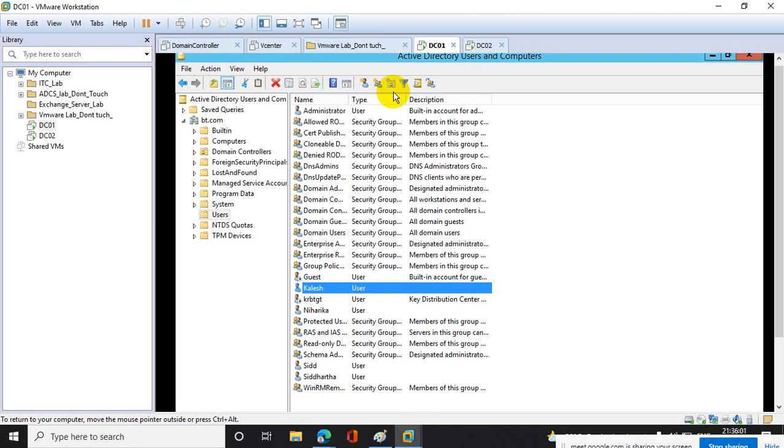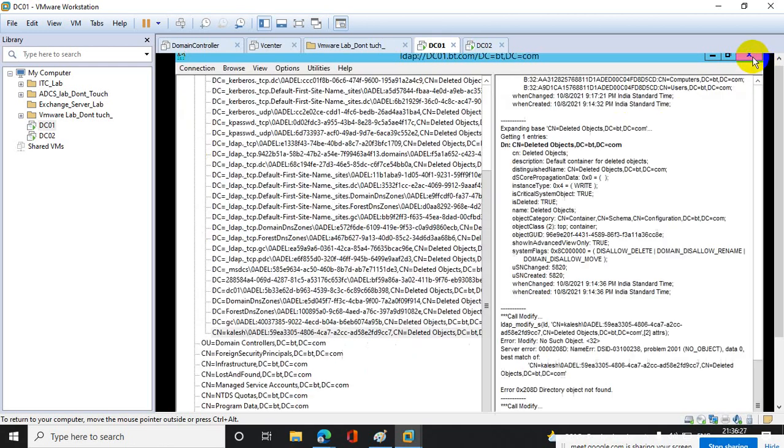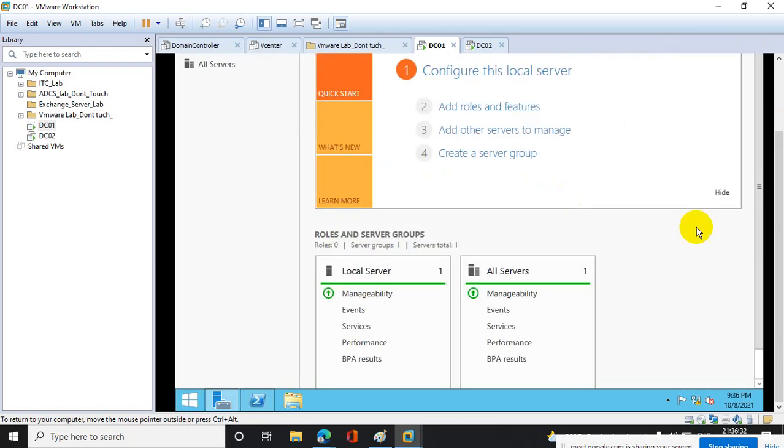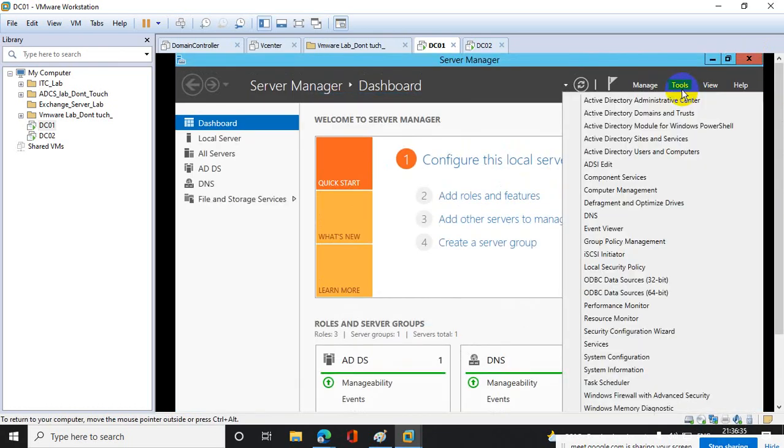Now options. In general, if in your organization AD recycle bin is not configured, then this way you have to restore your object from the deleted object container. Clear? So that is why, sorry? It's clear with that. Yeah, that is why you have to provoke your managers that please configure Active Directory recycle bin. So for that only go to Active Directory Administrative Center,